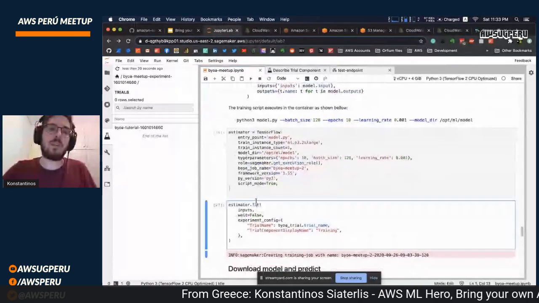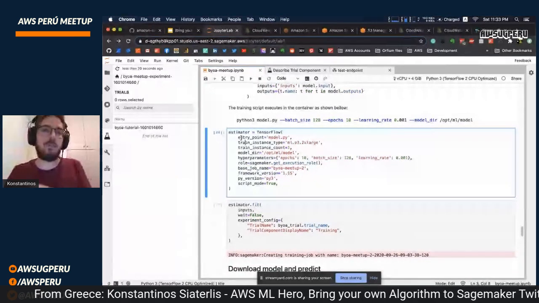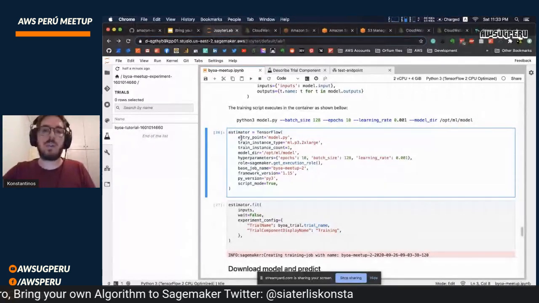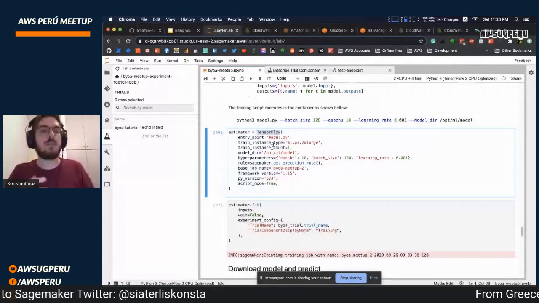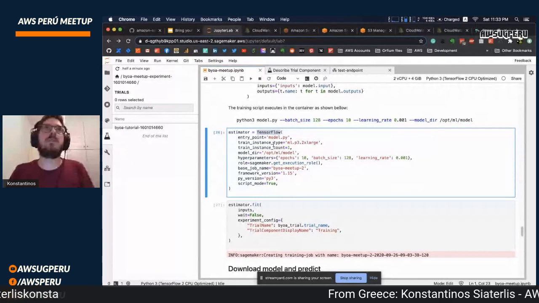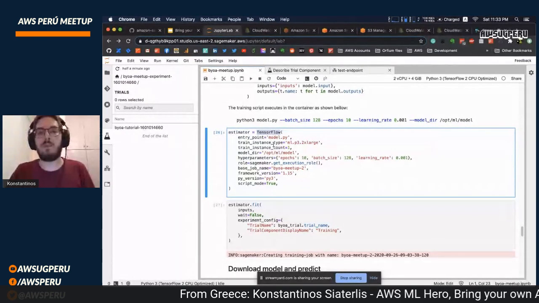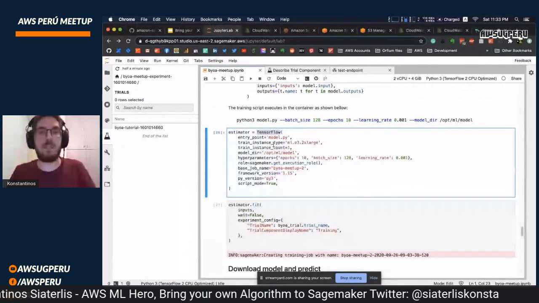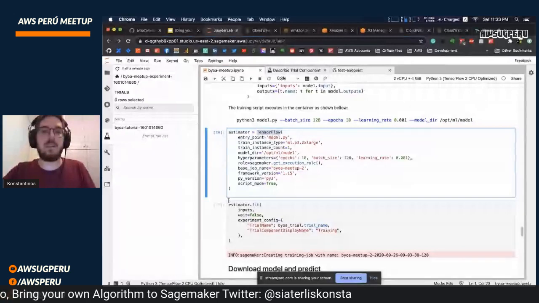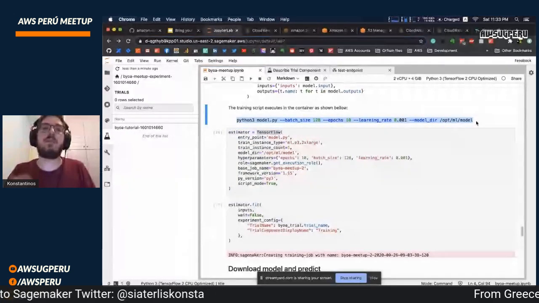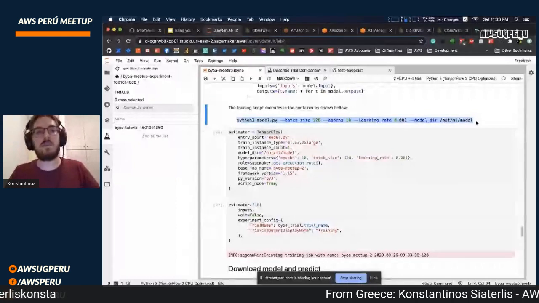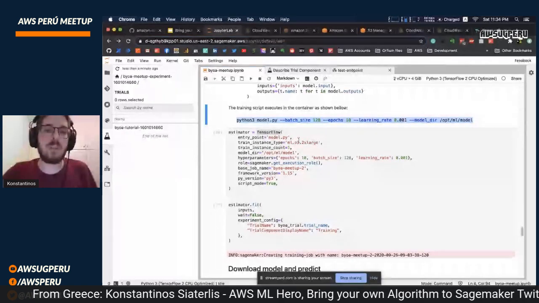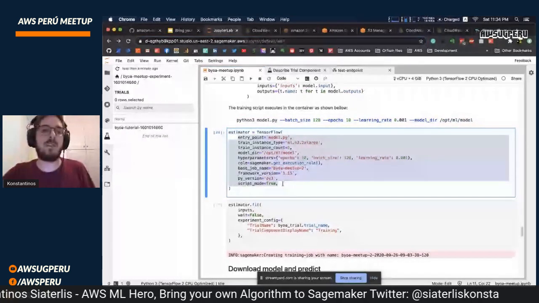There are two basic steps here. First, we have to create an estimator, and then we have to use that estimator to train our model. So here I'm using the TensorFlow Estimator. An estimator basically is the package responsible for spawning the instance, getting ready with your algorithm and the data, and be ready to train, and to run this command to start training. Push the logs, populate your experiment trials and stuff like that. So let's go line by line here. You'll see it's very simple.